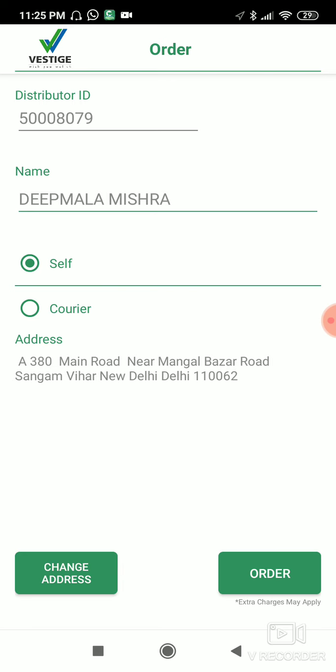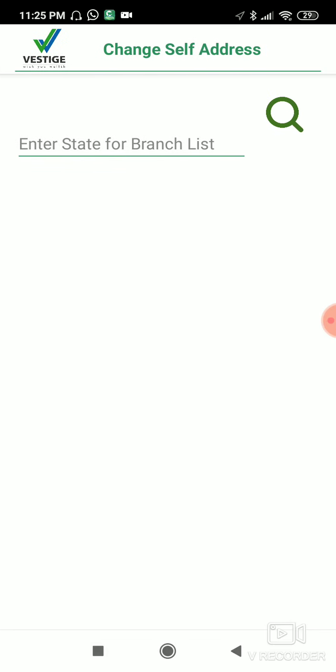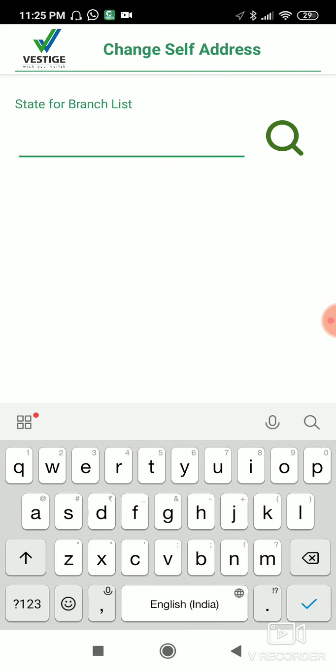Now the question arises, I don't want to pick the product from this specific address, but I want to pick the product from a different address. In that case, you just need to click on the change address button here, and once you click here, you need to click on state.